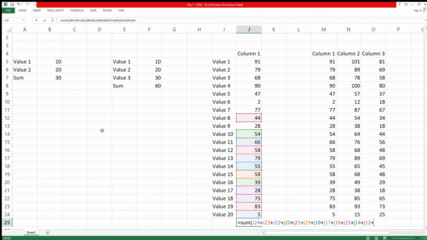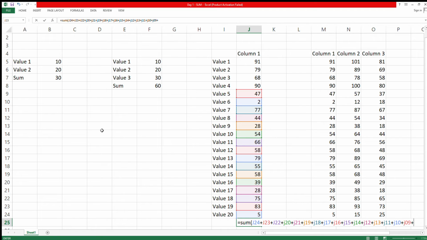So for that, Excel has an inbuilt function called sum, which will help us get the summation of values very easily.